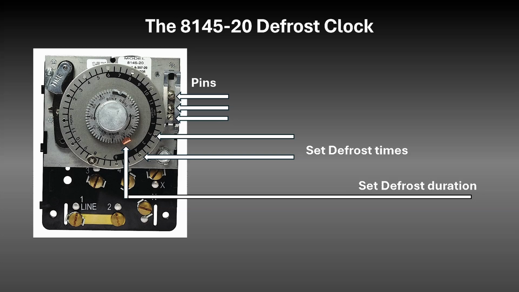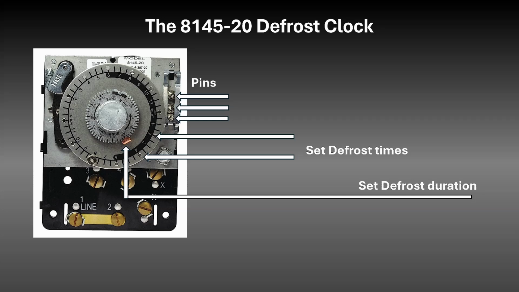So that's a lot of information if you're not familiar with one of these, so I'm just going to go through it again really quickly. We have these holes every 2 hours where we can put a pin in. And if you look at the cog in the upper left of the picture where it says time, that's a little cog or a little lever that's going to be tripped by our pin when it hits it as the clock rotates in a clockwise direction,